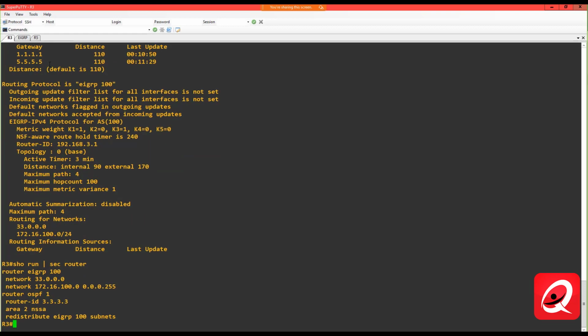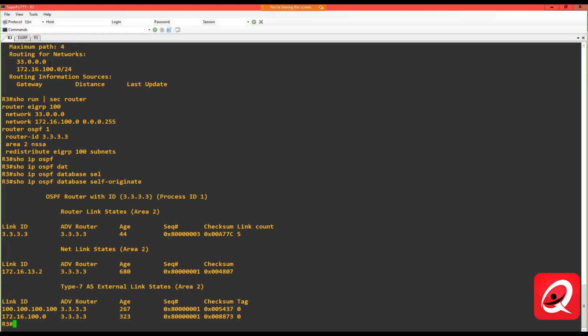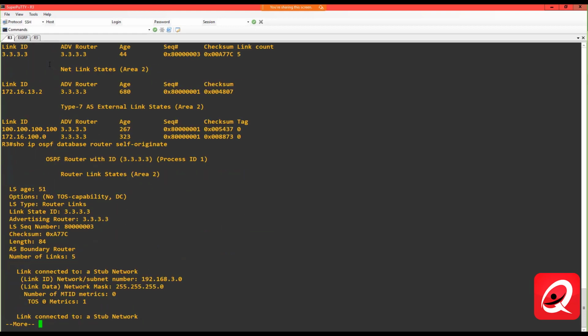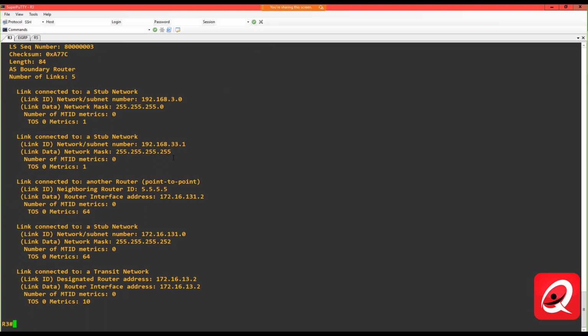OSPF 1 area 2. Show IP OSPF database self-originate. Router self-originate. I just want to make sure that that 33 is being sent in. Yeah, it is being sent in. Okay. So I should see,